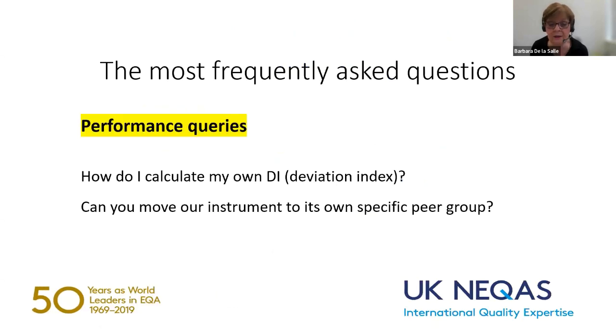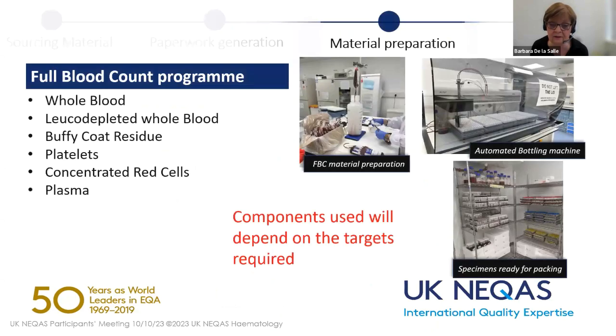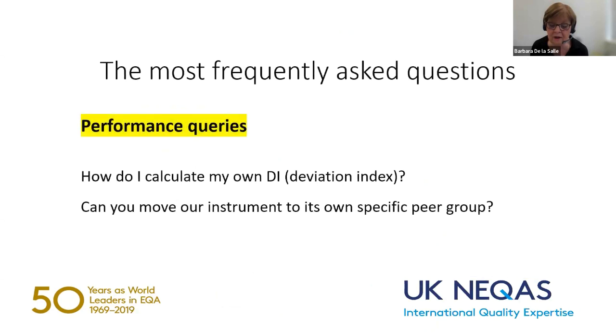So I did ask the team here if they would look at what the most frequently asked questions about performance are that we get in our emails on a daily basis. And they tell me that the two most common ones at the time when they took this particular little survey were, how do I calculate my own deviation index, and can I move our instrument to its own specific peer group? I'll deal with the peer group first, and in actual fact, my colleague Yvonne is going to dedicate